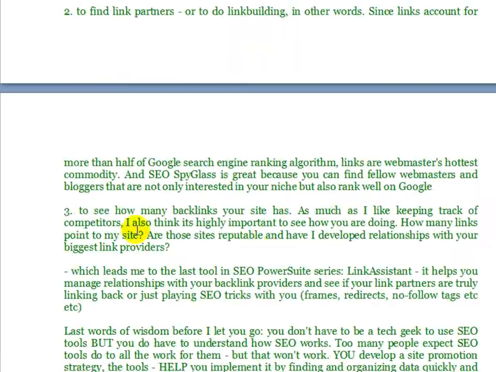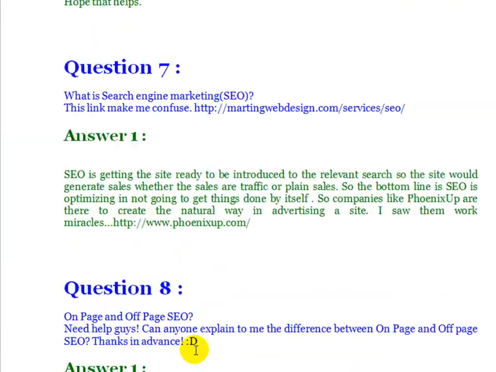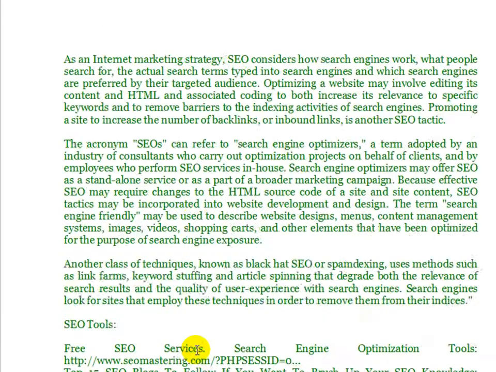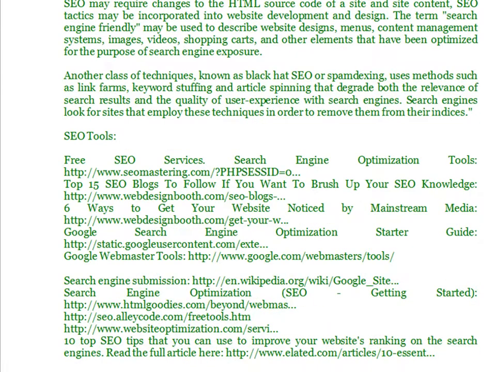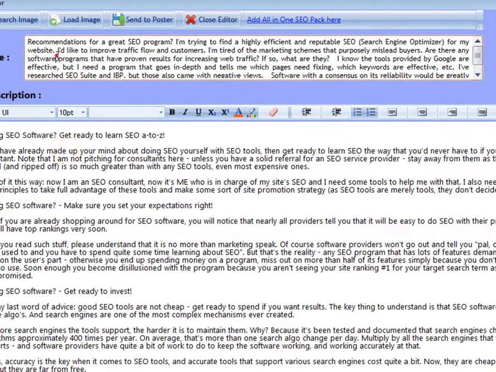You're saving these over, and you actually get essays and essays of real awesome content that you can start curating and put on your website. So as you can see, there's a number of things that you can do with this tool that is really going to help you to get a lot of content. So anyway, what we can do now is, if we do want to put this onto our site,